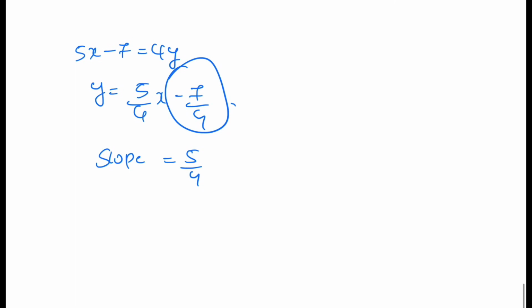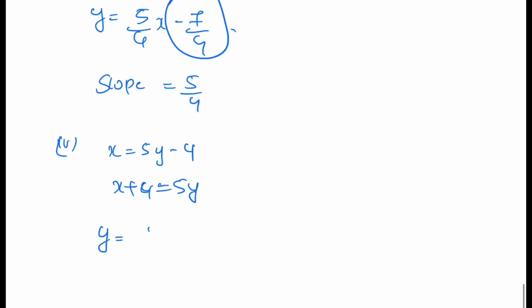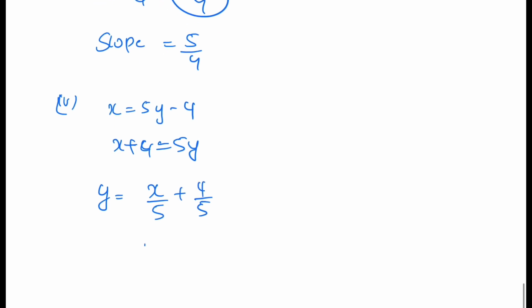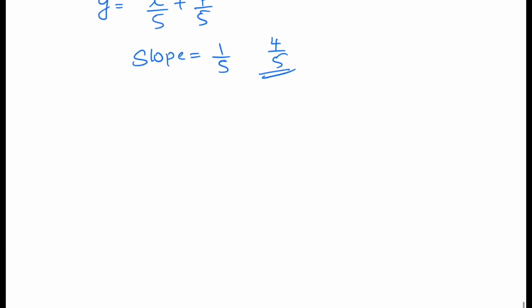Fourth one we have x is equal to 5y minus 4. So x plus 4 equal to 5y. y is equal to x by 5 plus 4 by 5. So slope is 1 by 5. Y-intercept is 4 by 5. Hope it's clear, children. You can complete the rest of the questions in this exercise